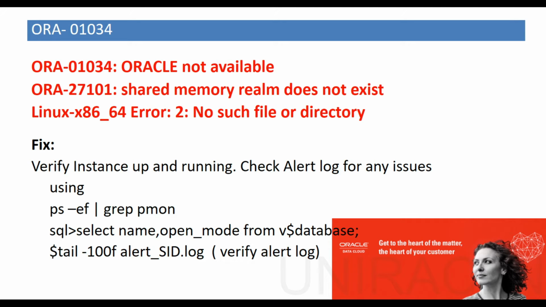Verify the alert log using the tail command, which is located under the Oracle base location, under diag, rdbms, instance name, database name, trace. Using the Unix tail command, we can trace the errors from the alert log. Also, we can find trace files if you have issues at the background process level.